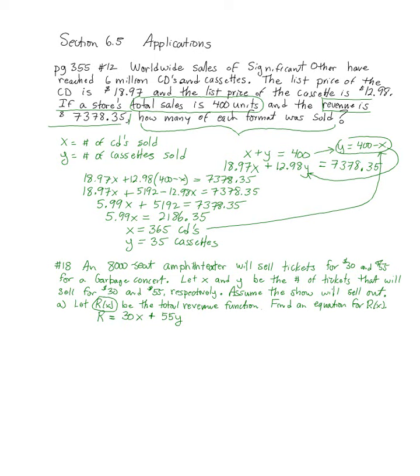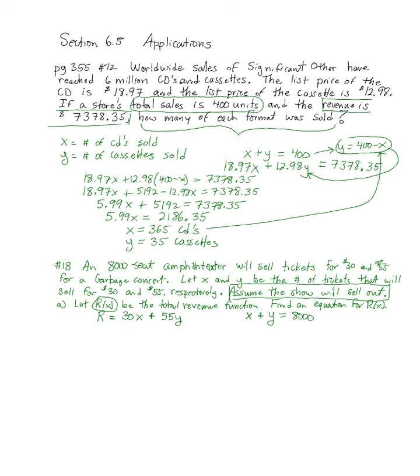Here's our second equation. Kind of funny, there's no numbers in it at all. This is our equation, though. Assume the show will sell out. What does it mean to sell out? It means we sell all the seats. So we sold that many seats for $30, and we sold that many seats for $55, and altogether we sold